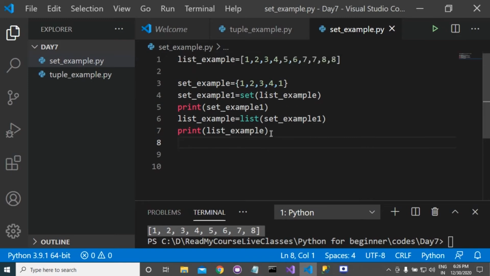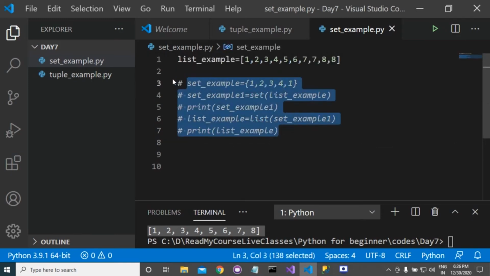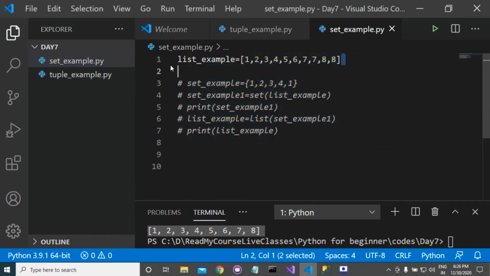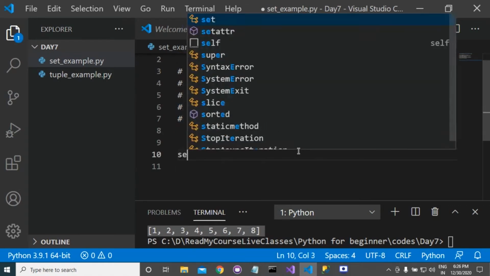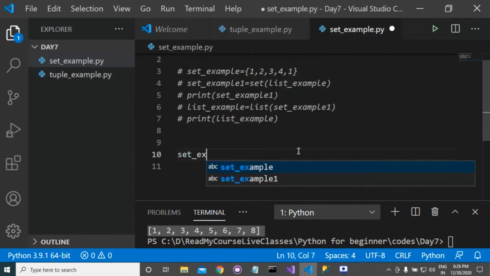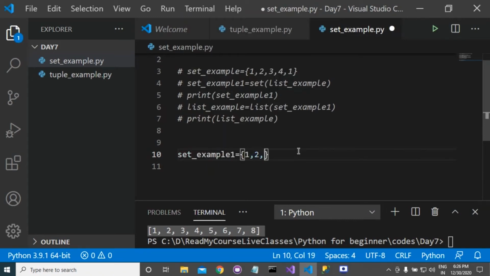So now we will be performing operations with two sets. First I am commenting this. Suppose that we have two sets. Set example 1 is equal to 1, 2, 3, 4, 5. And set example 2 is equal to 4, 5, 6, 7.